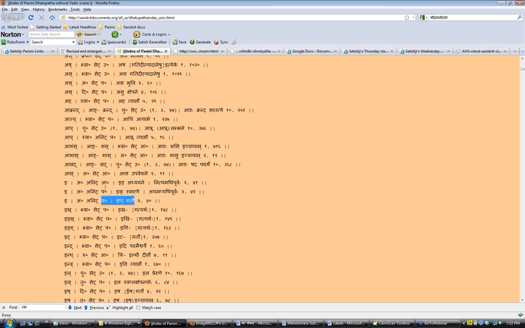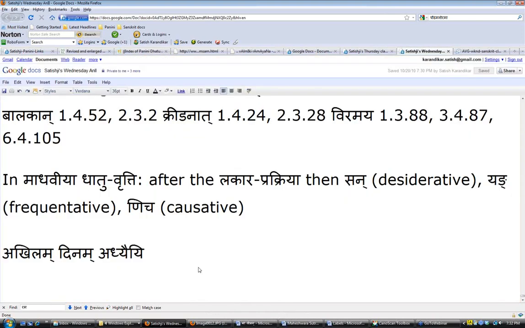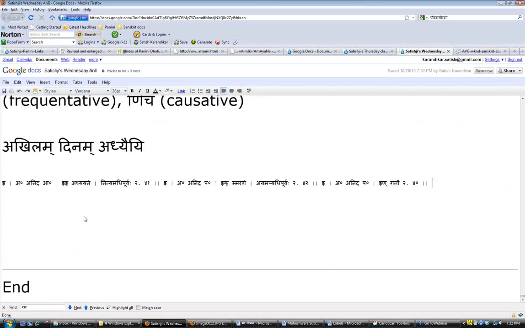Remember these three dhatus. Maybe we can put this in a document. This is important, these three dhatus can be confusing. Then we'll go through the form adhyayi. These are the dhatus over here. They are all of the adadi gana, all three of them. So that is one confusing thing. Anyway, we know what it is.